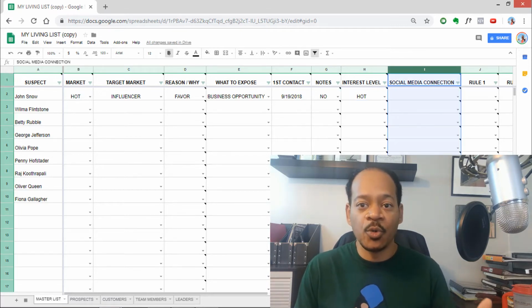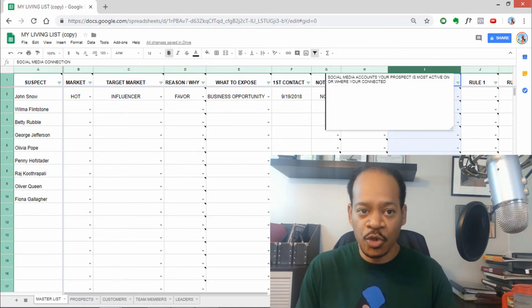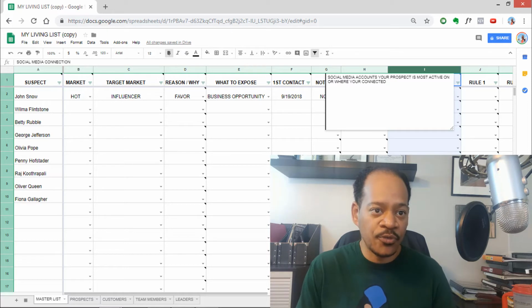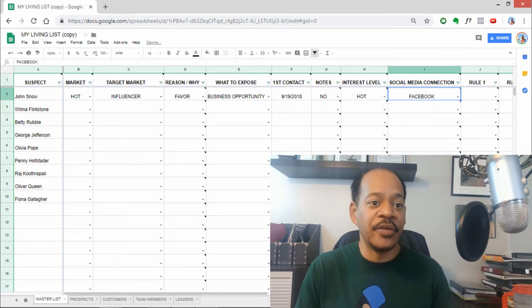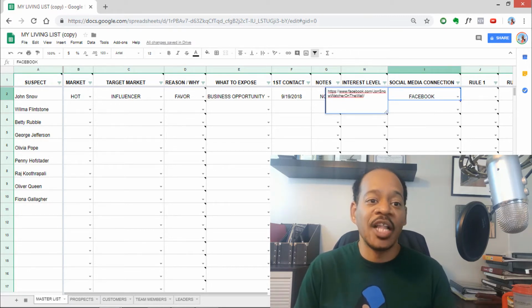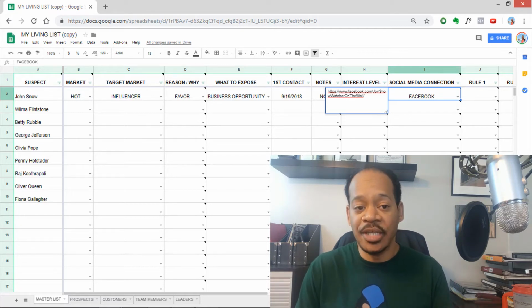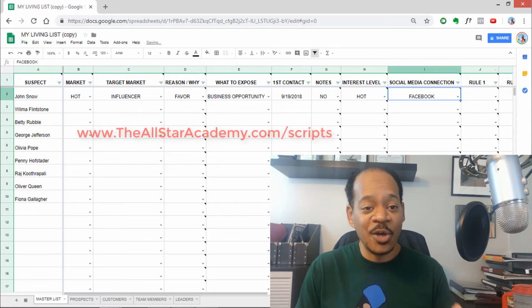The next category, social media connection, is really a simple way to track the preferred social media network your contact uses most frequently and where you're connected with, so you can begin to follow up and grow the relationship pretty easily and very effectively. In my Ultimate Prospecting and Recruiting Guide, I cover how to follow up and grow relationships in detail. And as I mentioned earlier, you can pick that up for free at the